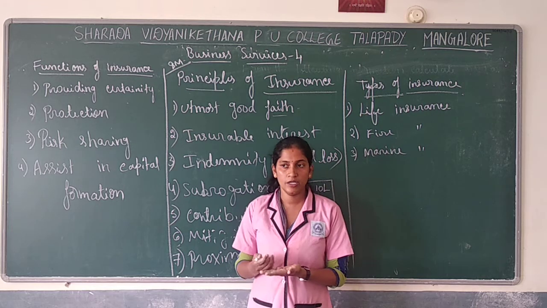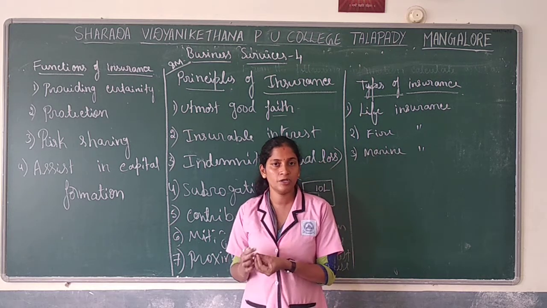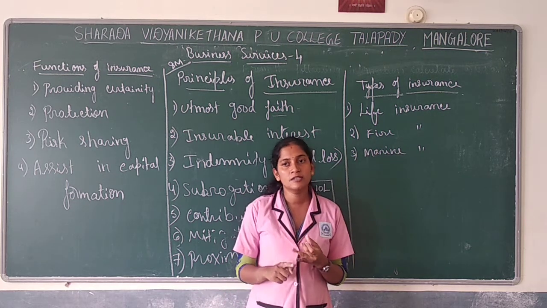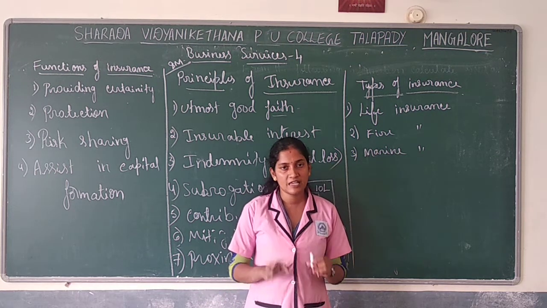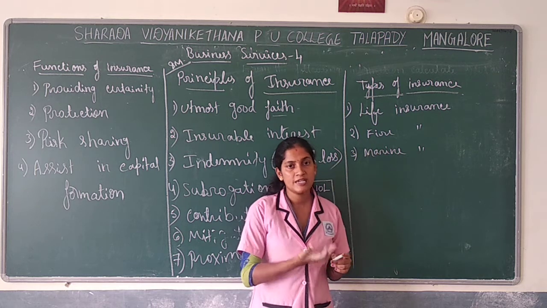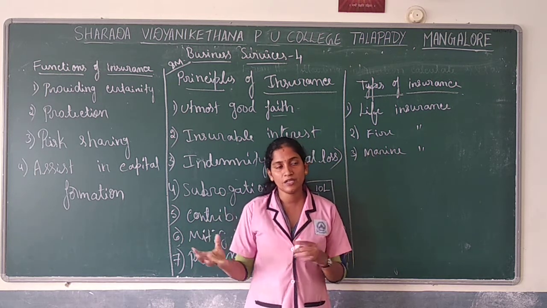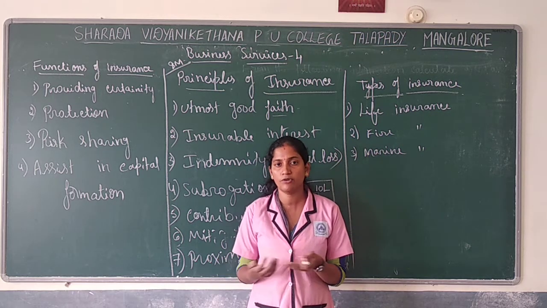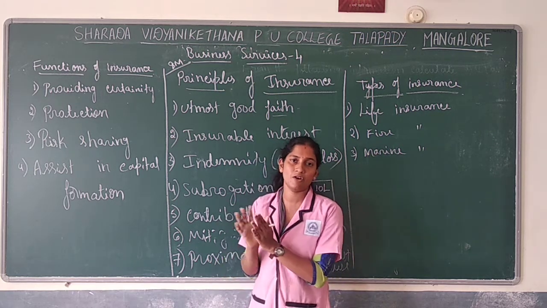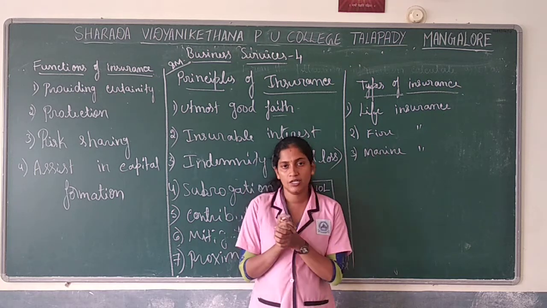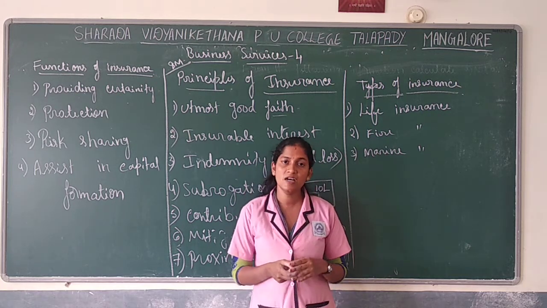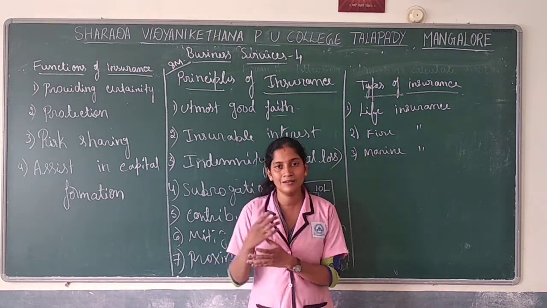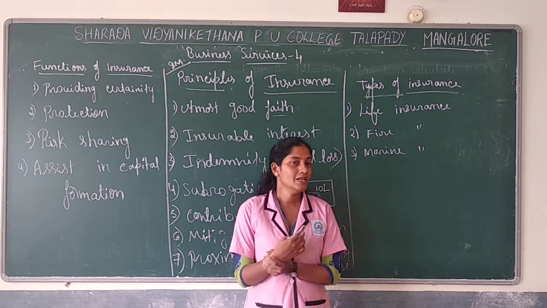It is done either to protect his family's finances after death, or some of them will survive but keep paying the insurance. At the end, they will get it in the form of a lump sum amount or a pension amount. It is like a savings of money. That is why people take life insurance. It is the most used insurance, and most people are going to take life insurance.